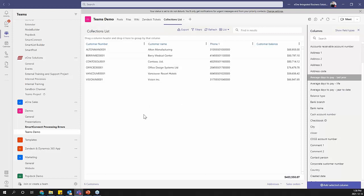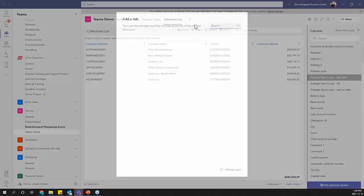I can embed shipping data or inventory data right here in Teams. I'm not building an integration. I'm simply adding a tab. And just to show you how easy it is to do this,